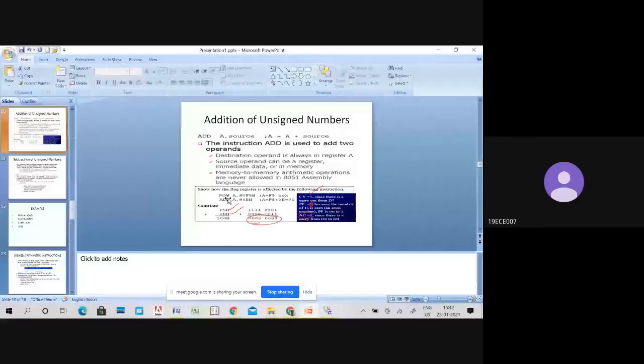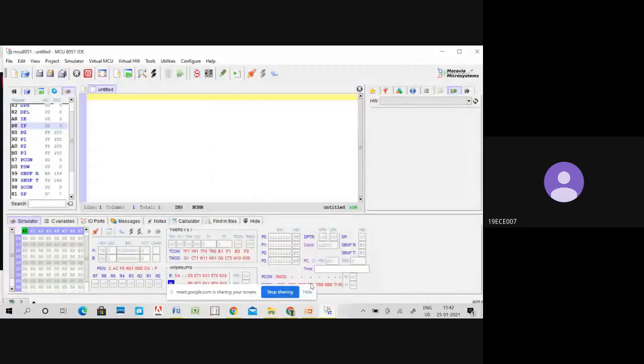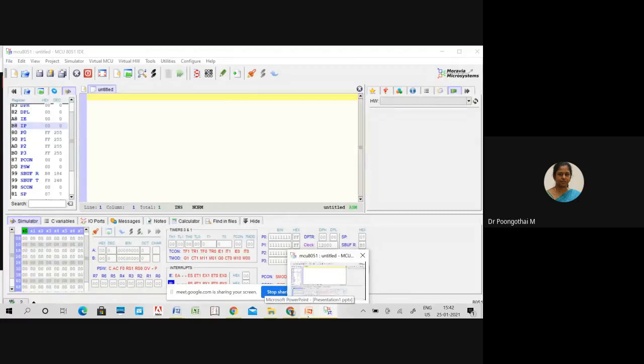Ma'am, there is no 1, so the number of ones is 0, which is even. If the number of ones is odd, your parity flag is set. Even number of ones, your parity is reset. Odd number of ones, your parity is set.